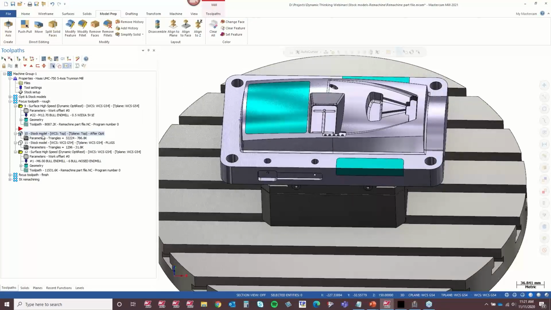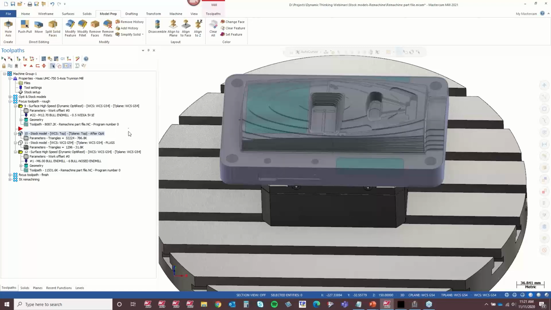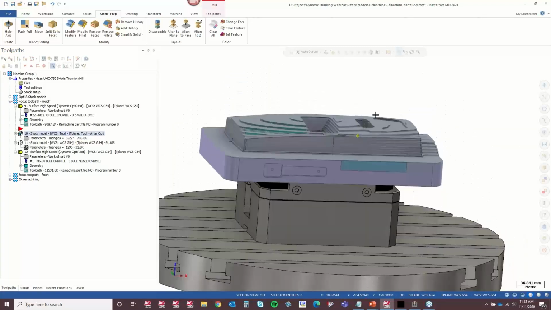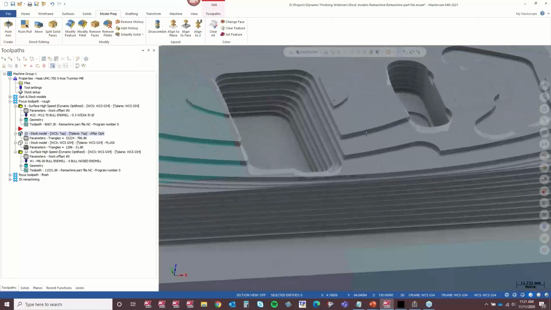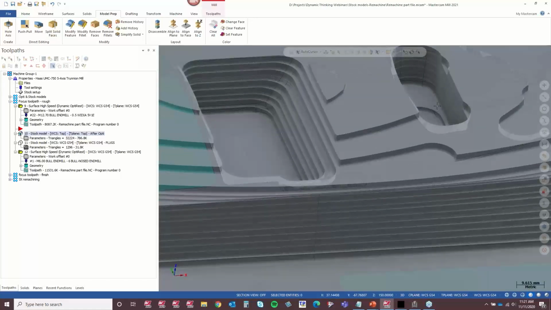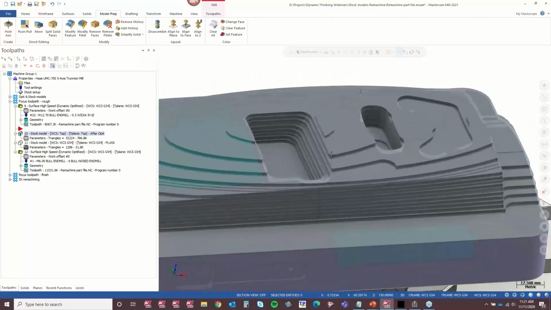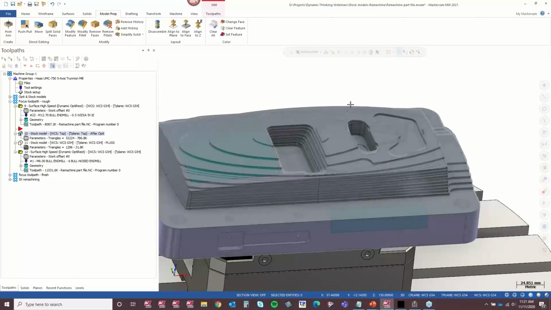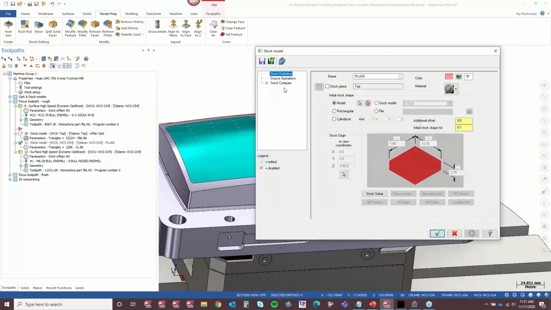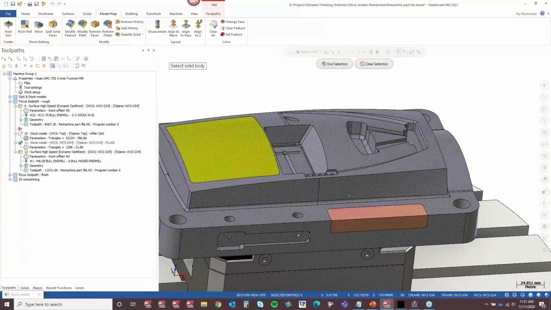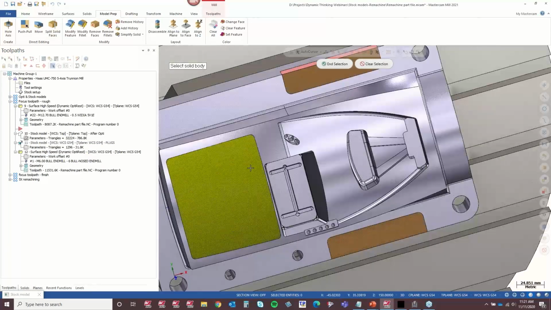All right, so now I've got a stock model. You see this as it is, and if I were to run a rest operation off this, it might come in and try to get material here, drop into this pocket, might go into this pocket. I only want to do these 3 areas. So instead, I create a stock model, and as my selections, I select these 3 solid plugs.